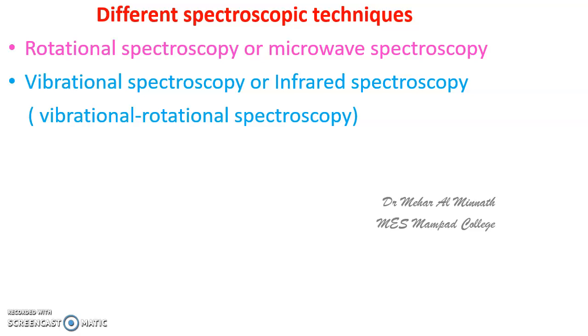There will be a change in the dipole moment of the molecule if we irradiate it with radiation in the infrared region. Only if there is a change in the dipole moment of the molecule will we get a spectrum. That's important. So to get an infrared spectrum, there must be a change in the dipole moment